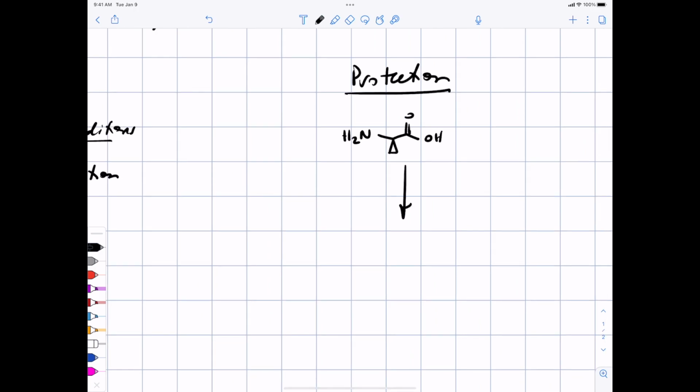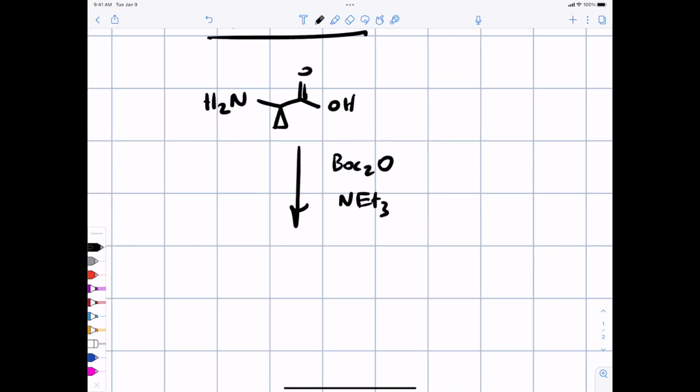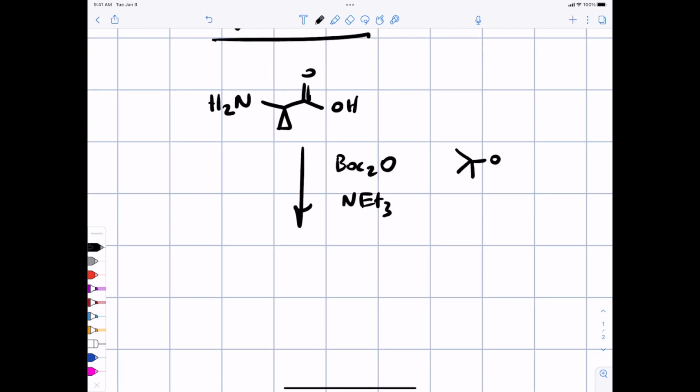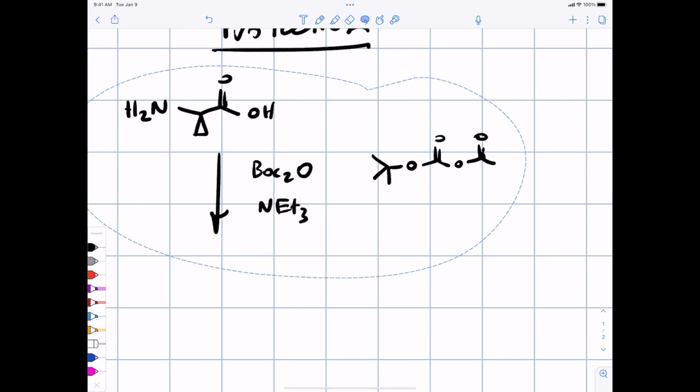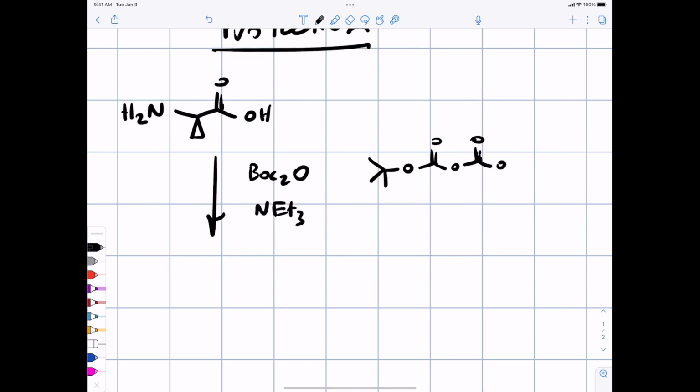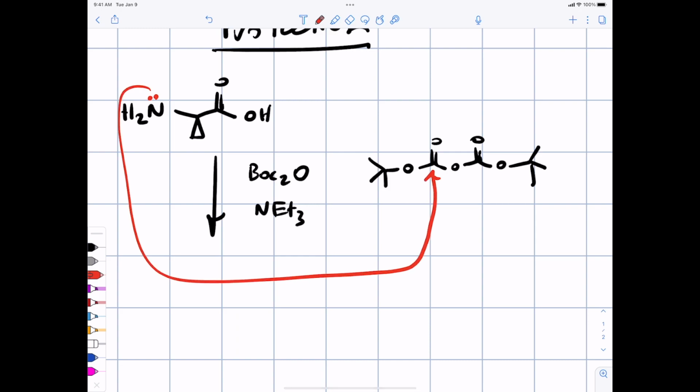You take a reagent called Boc anhydride. People just prefer to write this like Boc2O because it's cute and abbreviated, but Boc anhydride, and we're out of space. It looks like this. The protection reaction basically involves a nucleophile attacking the carbonyl carbon, getting a tetrahedral intermediate, and then the leaving group leaves. We don't need to go into that in a huge amount of detail,